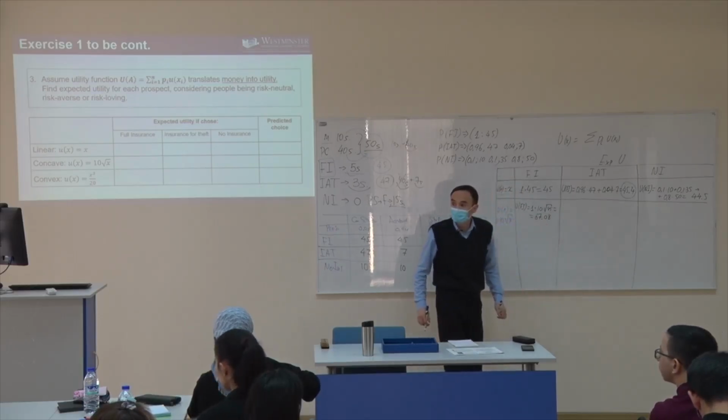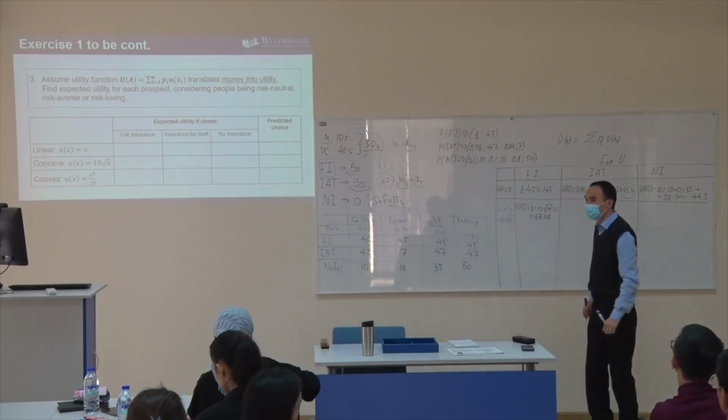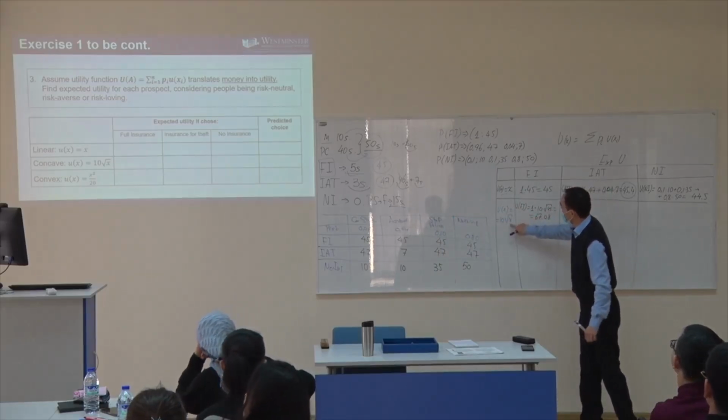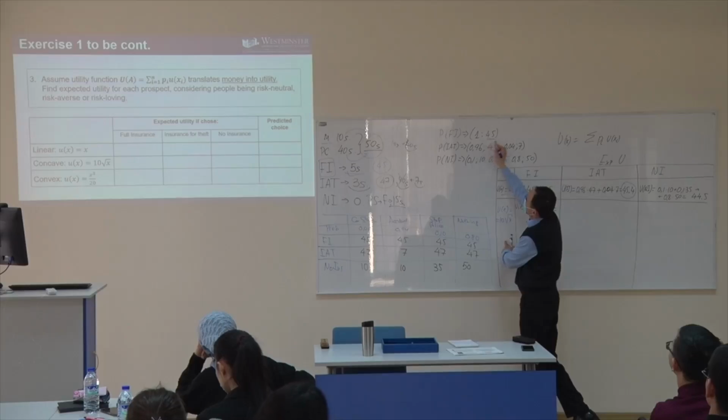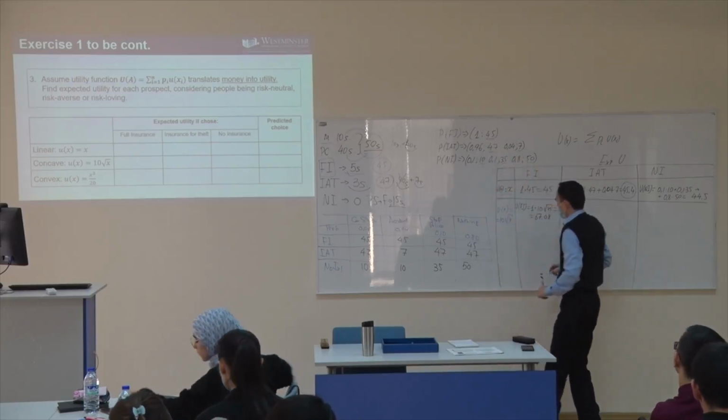I don't understand this part. Like why we are multiplying 10 by 45 in the square root? Because this is the payoff, x. Here. This is the payoff, okay? So this x represents these payoffs. These all represent x, these payoffs, okay? Good. Next one.